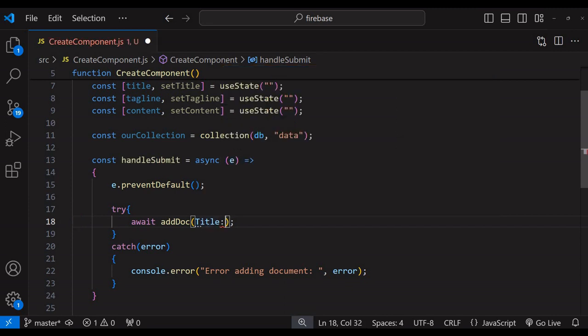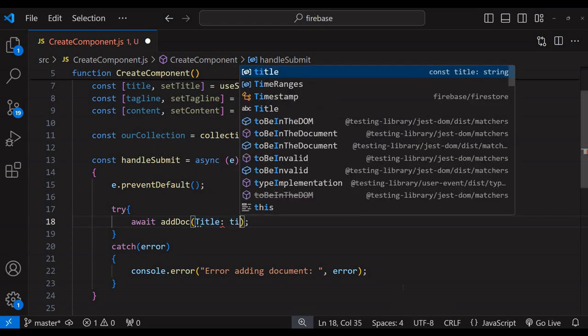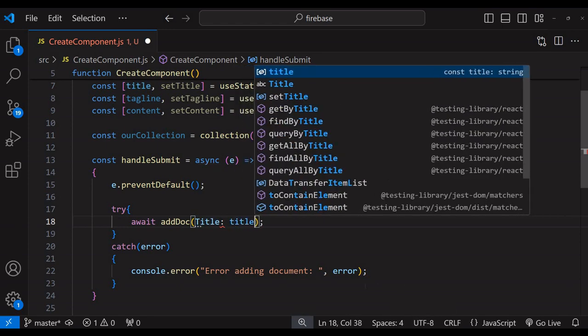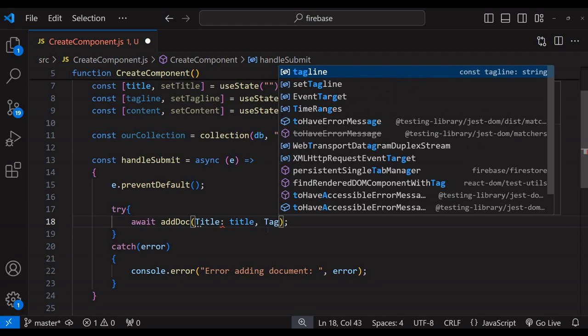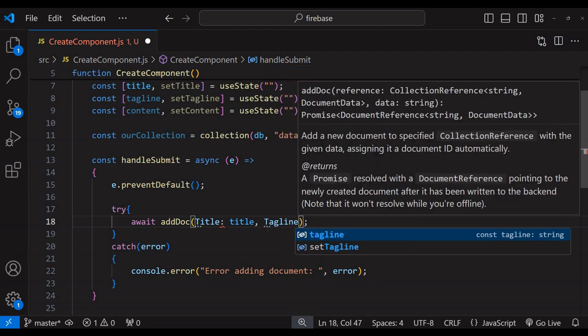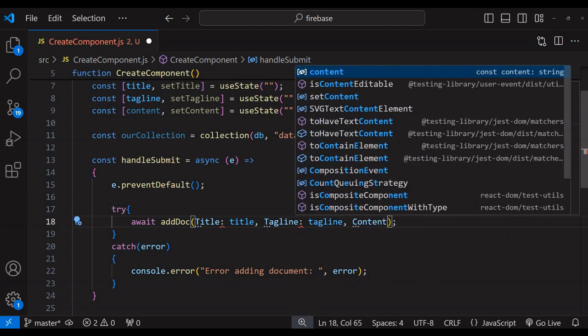So if you recall, my fields have a capital first letter, and then we're going to assign whatever's in our title state here. That's going to be put into our field in the database. And the same is going to be for tagline. So tagline, colon, and then the tagline state variable, our content field, and